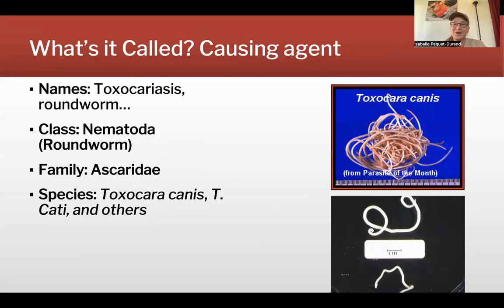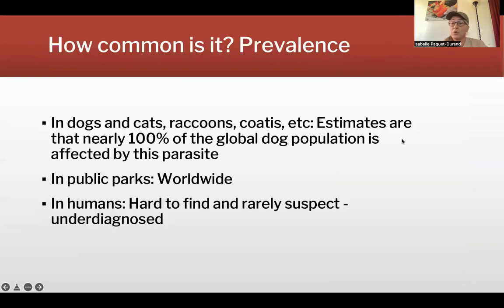So what is it? The causing agent, or the main one we're talking about here, is called Toxocariasis. It is in the class of nematoda, which are roundworms, and the family of Ascaridae. So there are many different species that can cause this disease in different animals and also affect humans. That's what the adult worms look like. And then how common it is,